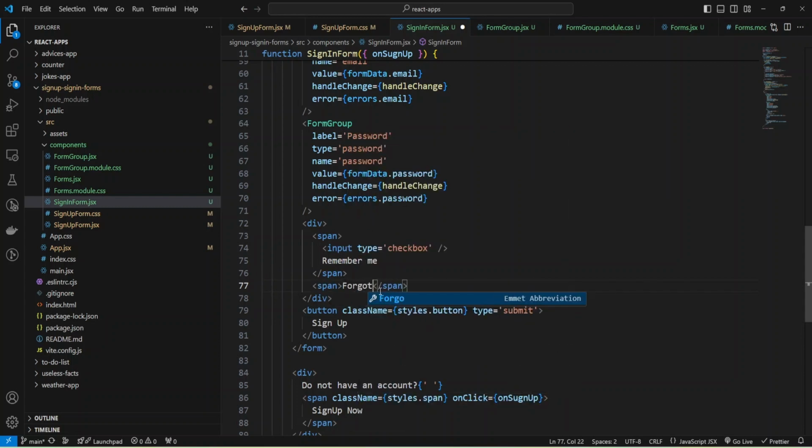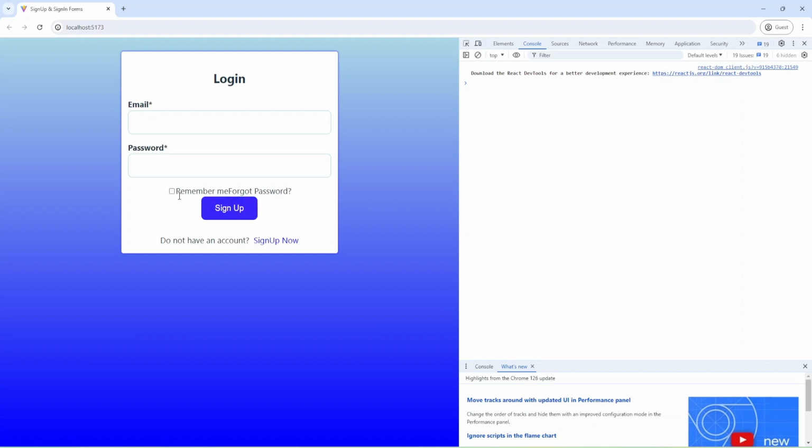Okay, and let's check. As you can see, we have our text, but we need to add styles.